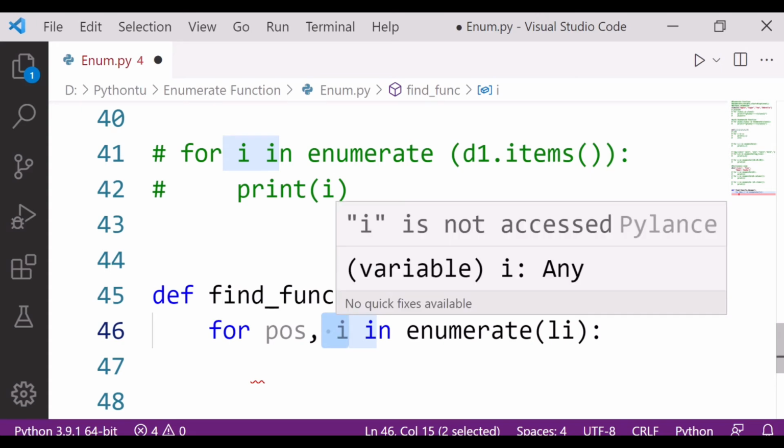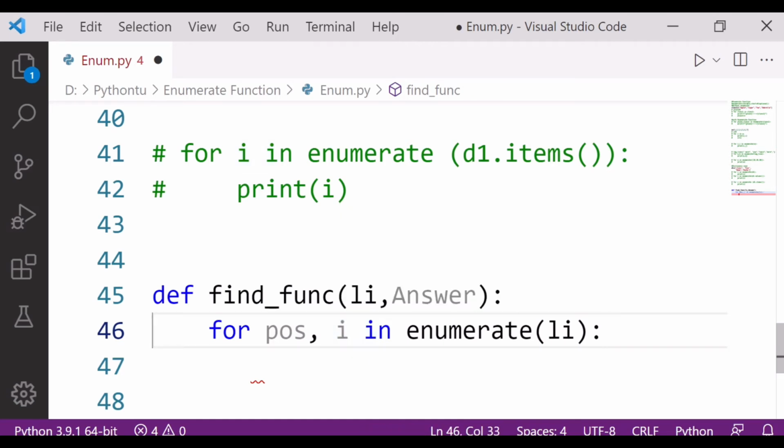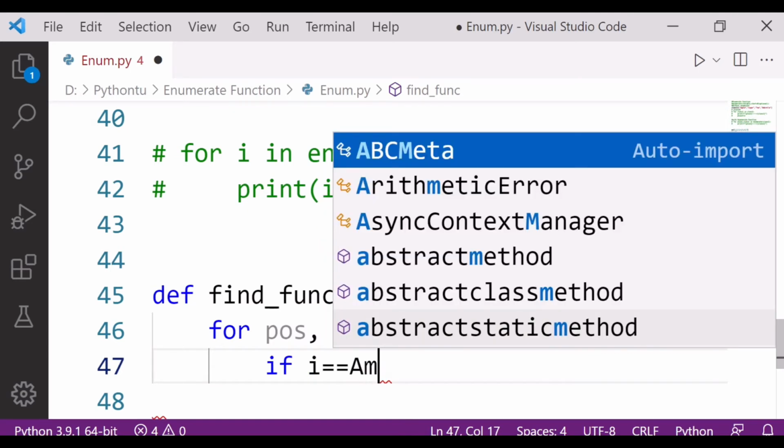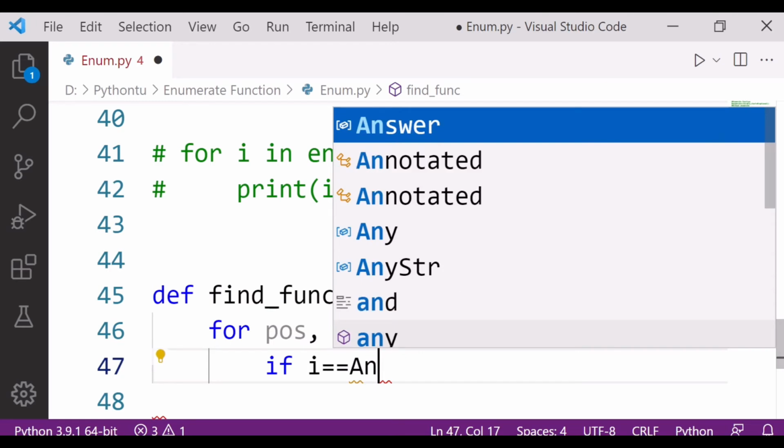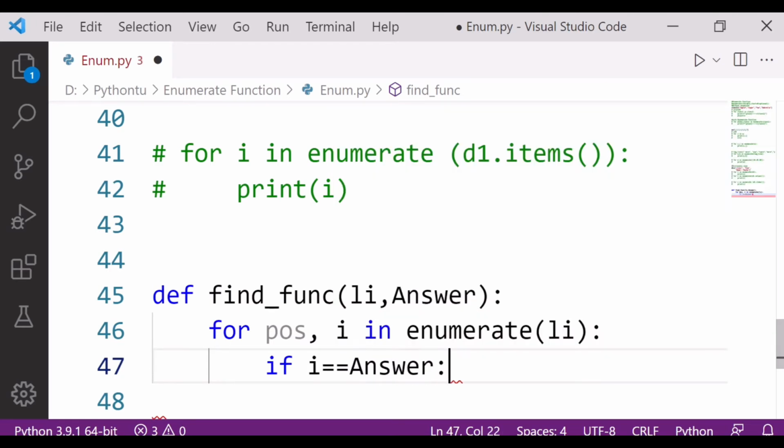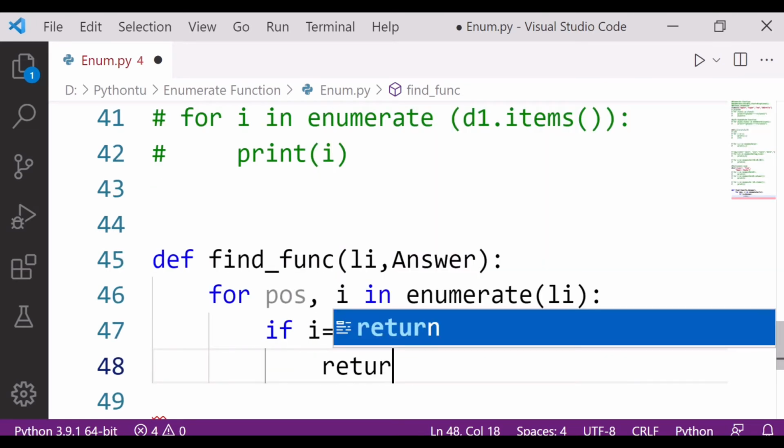So the index will come at position and the item will come at the ith place. I hope this is clear to you. Now the condition is that if i is equal to answer, then what it has to do, return an f-string